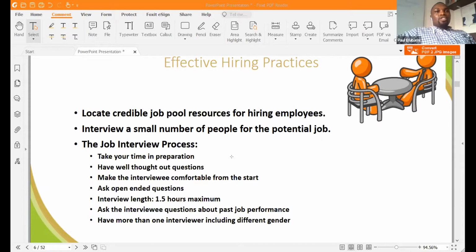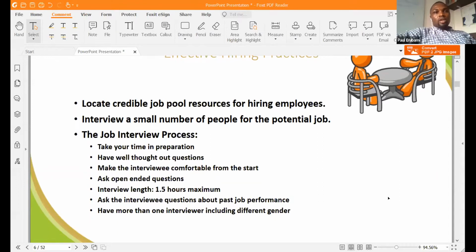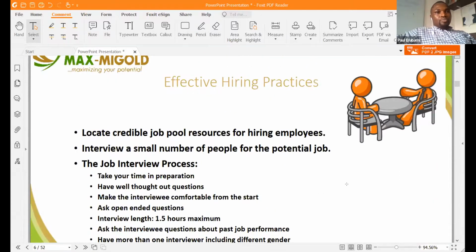So while planning your interviewing process, you should pay attention to trying to create a comfortable atmosphere for the potential employee for that process. So moving forward,